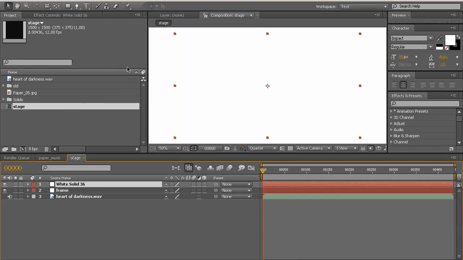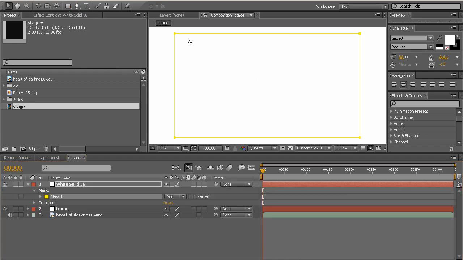Don't need any name because we're not going to use it for very long. 1024 by 576 is the PAL widescreen square pixel format. So once we have this solid, basically what we're going to do is create a mask at the exact size of that solid. To do that, double click on the rectangle tool here, and it's creating a mask of the size of the layer that